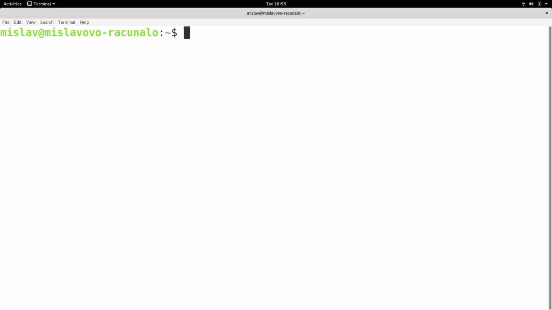Welcome to your Linux tutorial, and today we are going to talk about the mkdir command. Mkdir, short for make directory, is used to create a directory. I think we used it in one of the later tutorials, and now we are just going to cover the